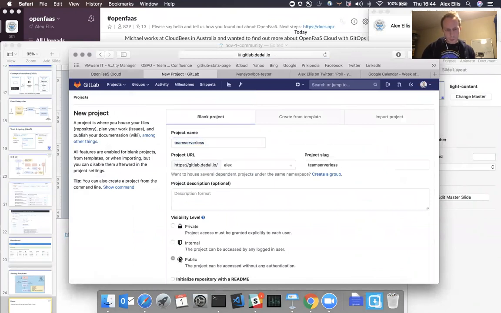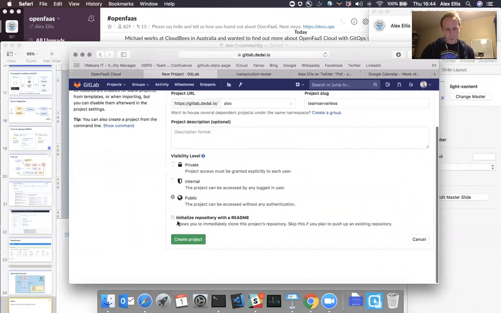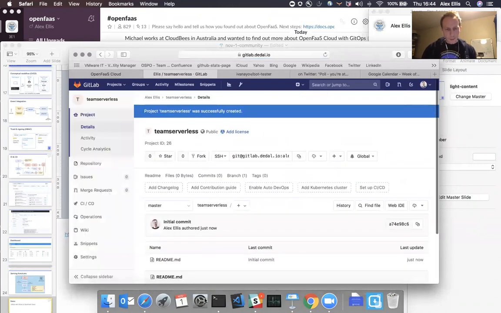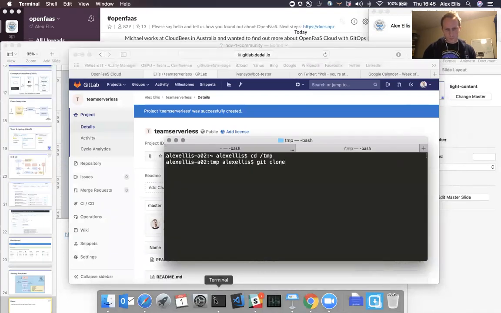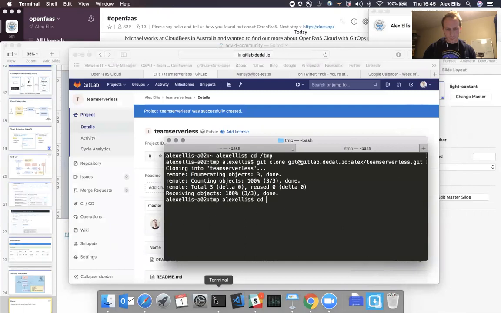And this one's going to be public, but we support private as well. And then what we can do is clone this. Open it up with something like Visual Studio Code.